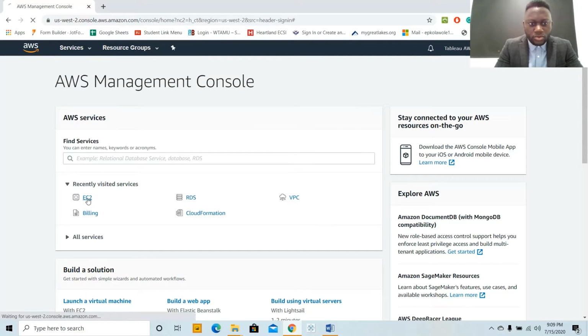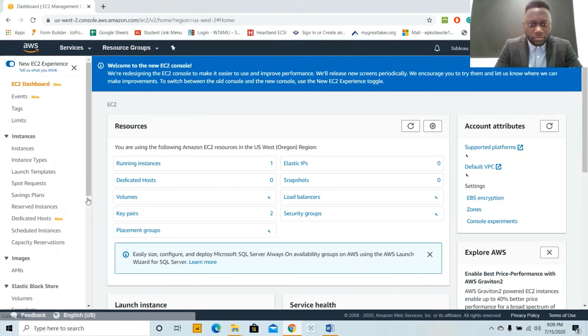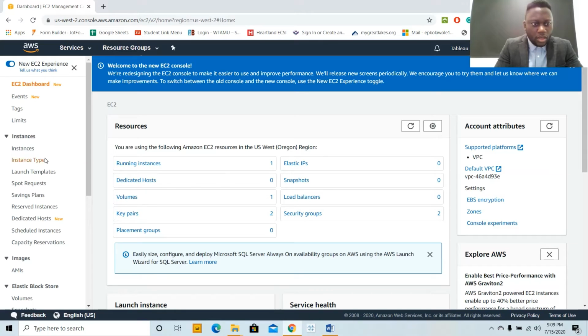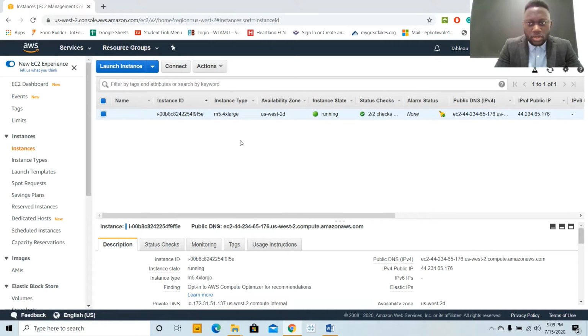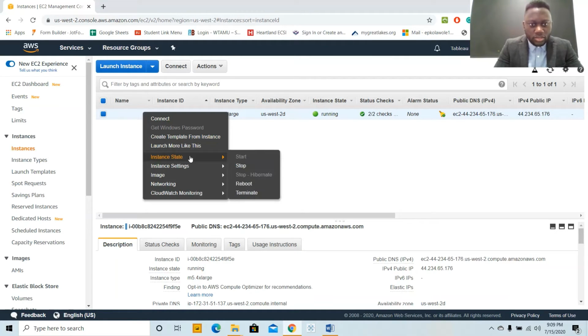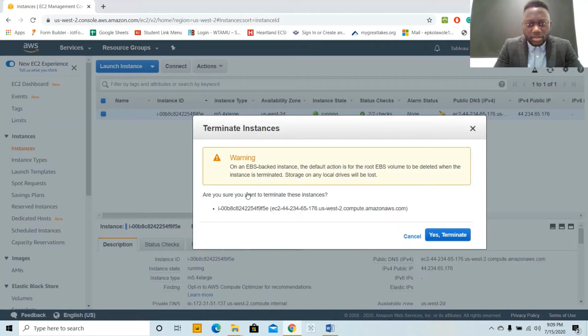And now I'm going to go to EC2. It looks like I have an instance currently running right now. Oh, okay, this is the instance where I installed Linux. So let me just terminate this instance so we can